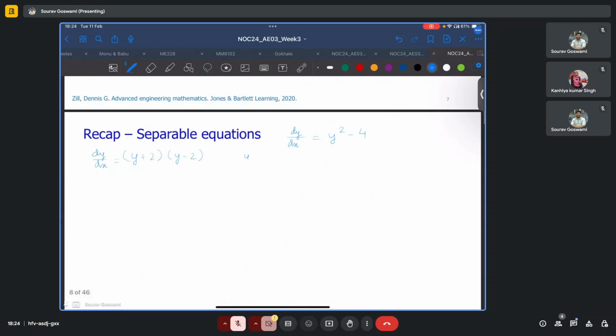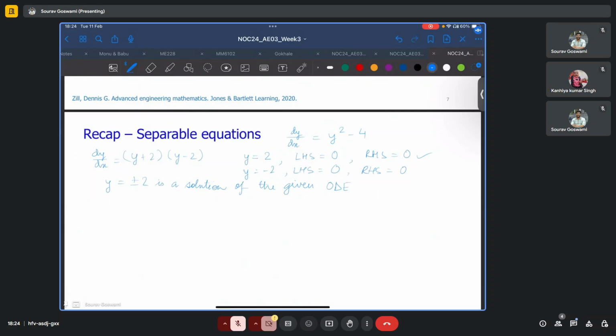If we put y equals say 2, then LHS is simply the derivative of a constant, which is 0, and RHS will also have the term 2 minus 2, so RHS is also 0. This holds. Also for y equals minus 2, LHS again derivative of a constant is 0, and RHS you have the y plus 2 term, where if you put minus 2 you will end up with 0. So y equals plus minus 2 is also a solution of the given ODE.